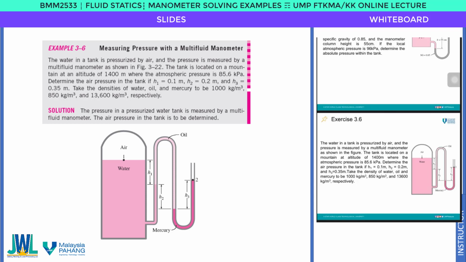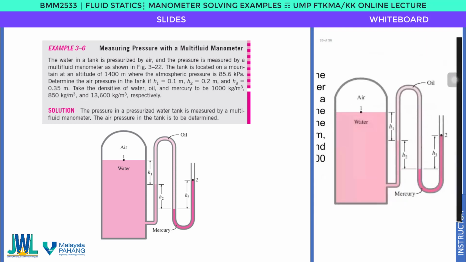If you look closely, we have got water, which is dark pink. Then in the inverted manometer, you can see oil, which is light pink. And then we have a very dark pink, which is mercury in the normal U-tube manometer. So this is an example of both a normal U-tube manometer and an inverted U-tube manometer. In the inverted portion we've got oil, and in the normal portion we've got mercury.